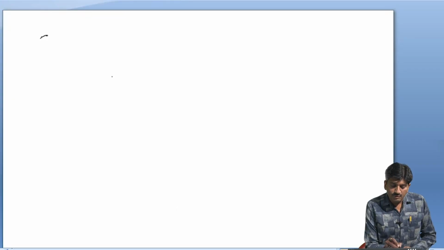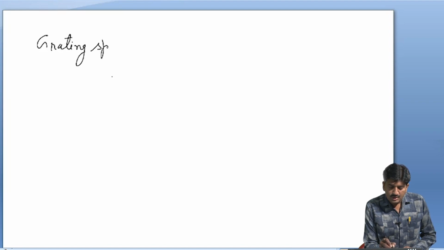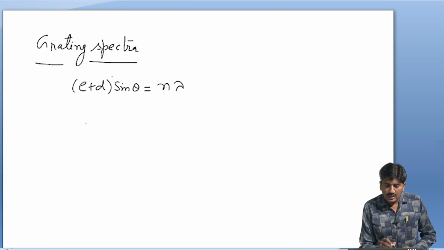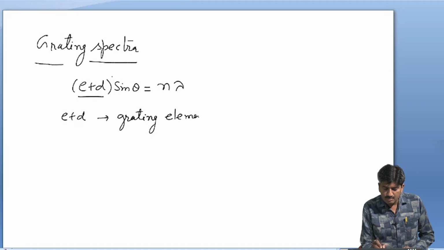Now, we will start with grating spectra. We know that the grating equation is (e + d) sin theta equal to n lambda, where (e + d) represents the grating element, theta is the angle of diffraction,